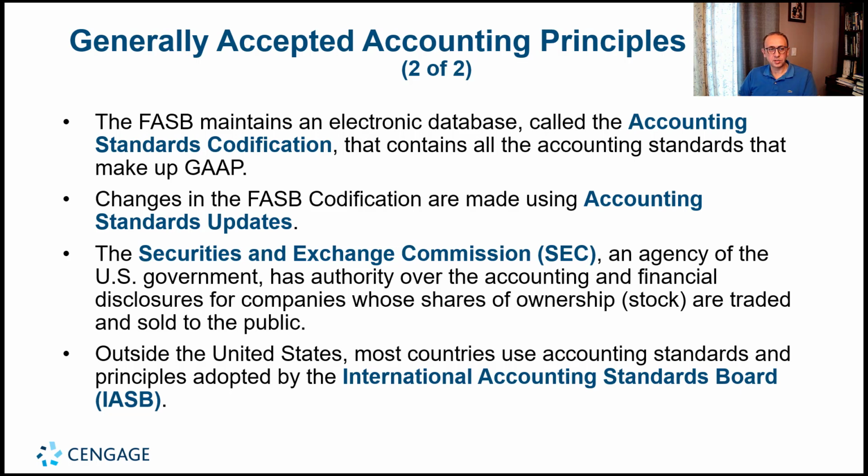Another important organization is the Securities and Exchange Commission. And by the way, that's a federal agency. It's a federal or governmental organization that's responsible for making sure that all companies that are traded publicly, or traded in the stock market, follow Generally Accepted Accounting Principles. More formally, it's an agency of the U.S. government, part of the federal government, that has authority over the accounting and financial disclosures for companies whose shares of ownership or stock are traded and sold to the public. Basically, all companies that are traded in the stock market have to follow the requirements set by the